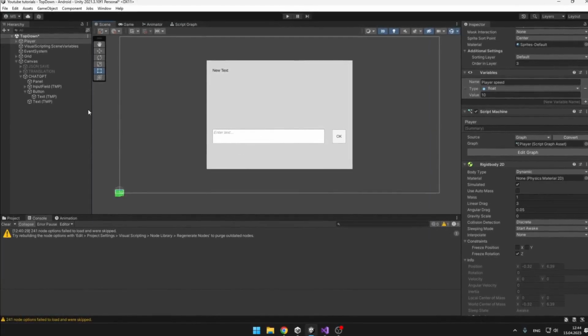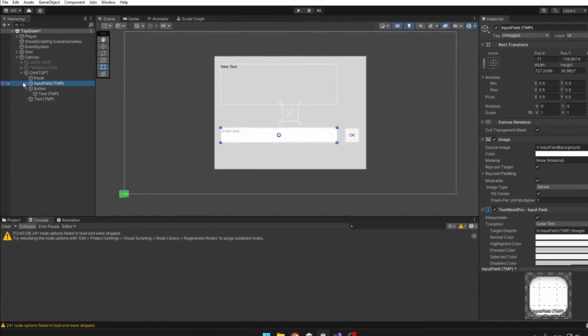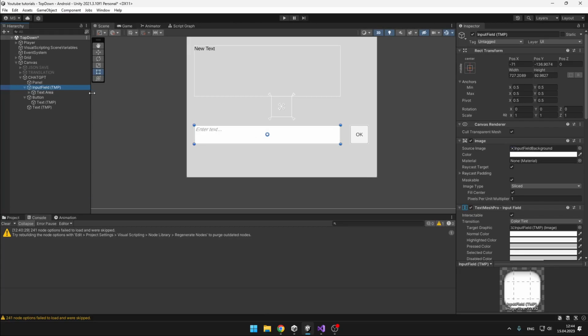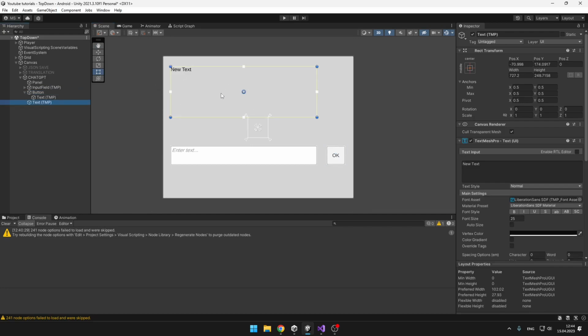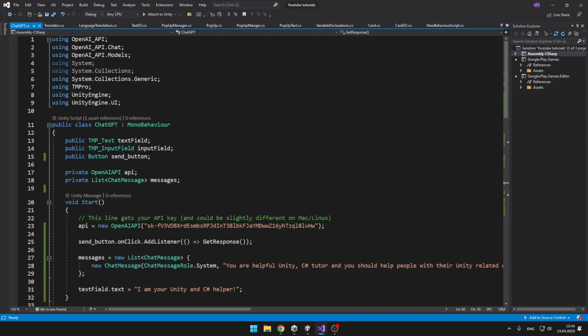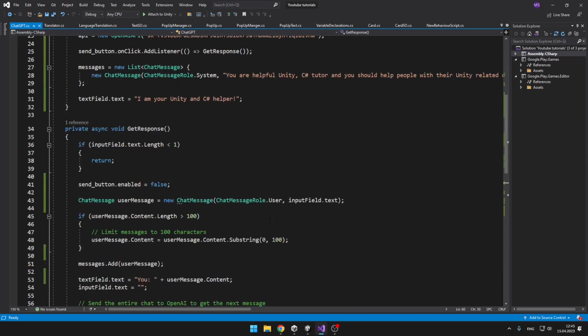My scene setup is pretty simple. As you can see, I just have a panel in the background, then an input field where we will write the text, a button with which you can send the message, and a text field where all of the text that you write and that the AI responds with will appear. And then also the code, which isn't long, it is very short and pretty easy